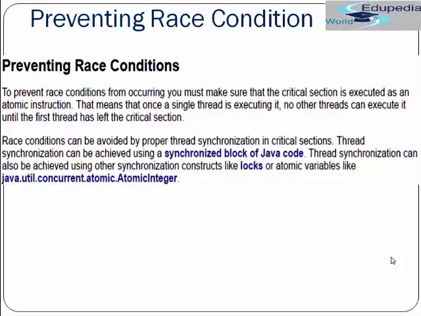The thread synchronization can also be achieved using other synchronization constructs like locks, or atomic variables like java.util.concurrent.atomic.AtomicInteger. So synchronization is something we have already seen when we were studying threads, but locks is something we need to see. Now let's move forward.